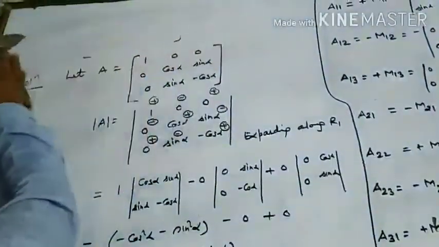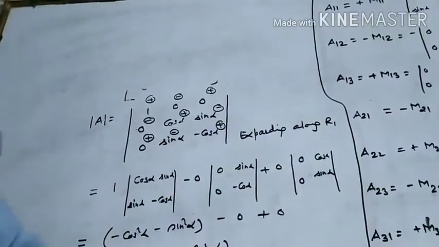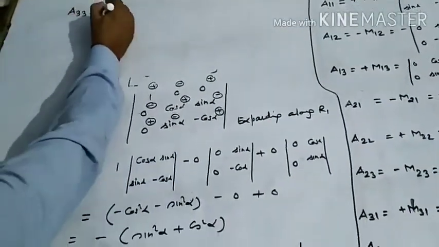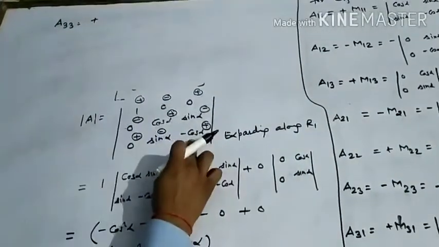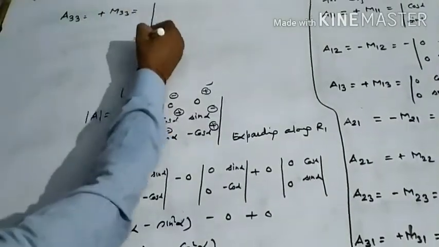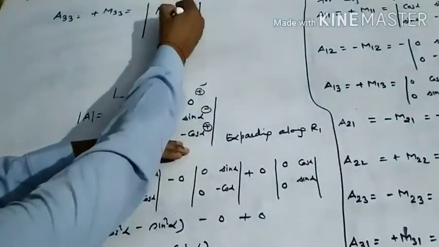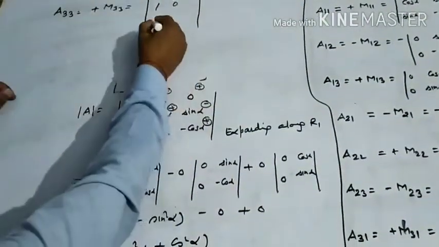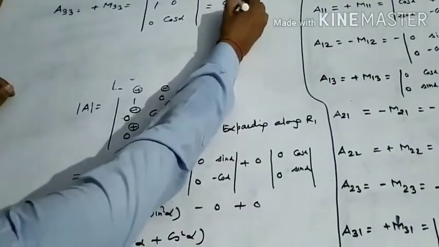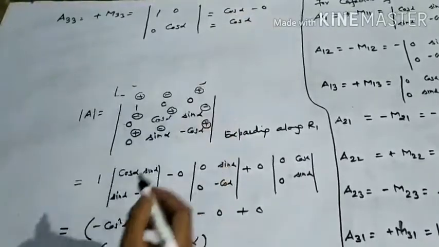After that, you see, we want to find out the cofactor of the element of the third row and third column. So this is equal to plus is there, and then after minor of the element of the third row and third column. So this is equal to, you have to leave third row and third column. So what is 1 0, and then 0 cos alpha, simply this is the cos alpha minus 0, or simply this is the cos alpha.